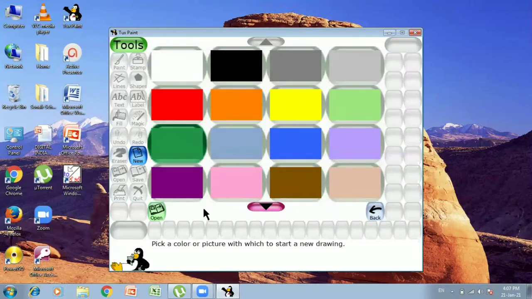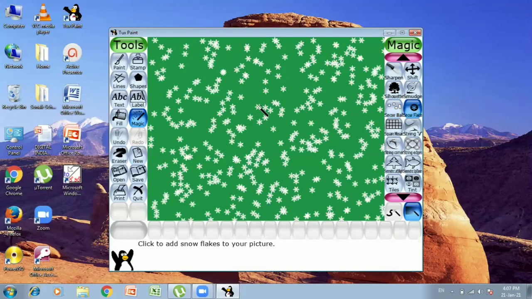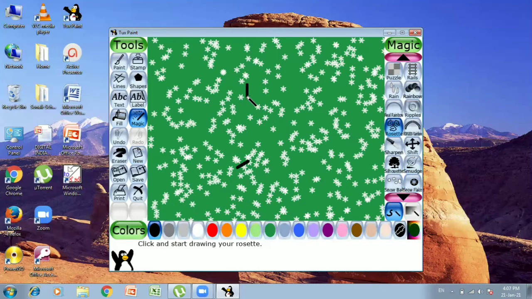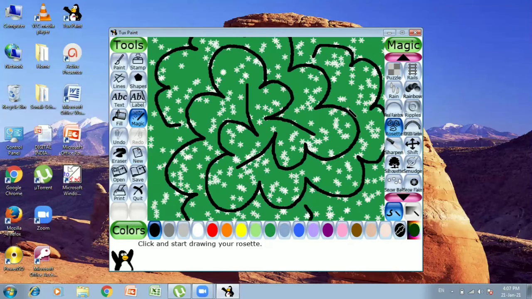Again, let's take another one. You can add snowflakes like this. Okay. And some patterns are also there that can be used. Patterns means like this. See, you are drawing at one place, but it is drawing the same thing at the other place also. You simply have to move the mouse.